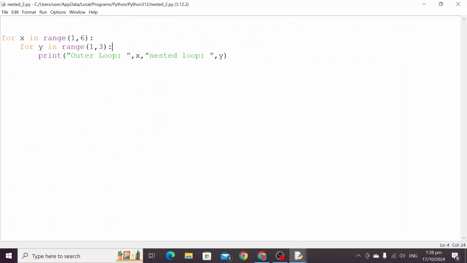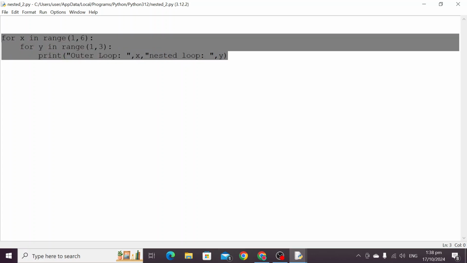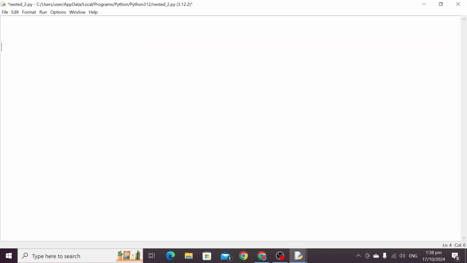Now understood. The same thing we can do with the help of a while loop also. Suppose x equal to 1, while x is less than or equal to 5. This is the outer loop. Now inside of this outer loop we have to take y equal to 1, while y is less than or equal to 3, and because it is a while loop it will go 3 times, but in a for loop it goes less than the last number. So print